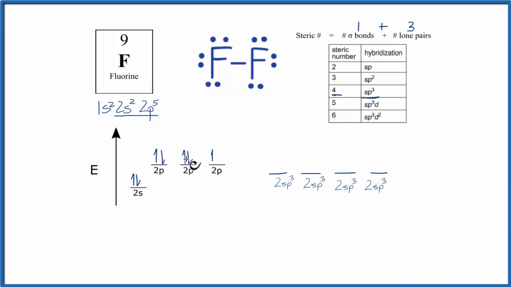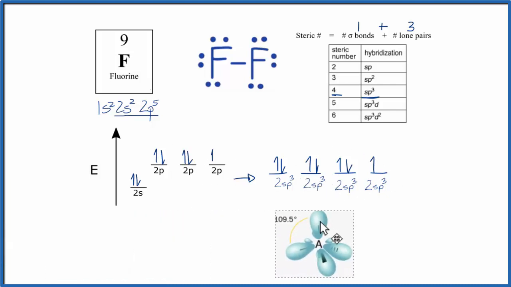So we have 7 electrons. Let's fill these up. 1, 2, 3, 4. So this is the hybridized orbitals for the F as it's bonded here. And you can see their energy is kind of in between the 2s and the 2p's here. It's a hybrid, it's a mix. You can also see these 2 here, they represent a lone pair. We have 1, 2, 3 lone pairs, and then we have this 1 electron here, this valence electron, available to form a chemical bond. So when these mix and they hybridize, we end up with these 4 equal orbitals,